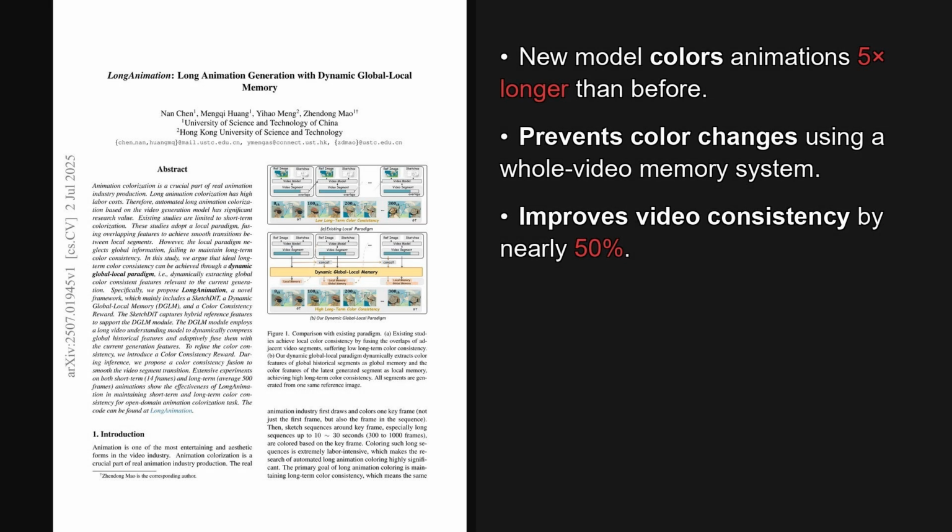So as we've seen through all these results, the LongAnimation framework successfully tackles a major bottleneck in automated animation, keeping colors consistent over long periods. The key takeaway is their novel dynamic global local memory. By blending a long-term global memory of the scene's colors with the immediate local context, it avoids that color drift that plagues other methods. The results really speak for themselves, a huge jump in quality and consistency for animations up to 500 frames long. It's a promising step for the